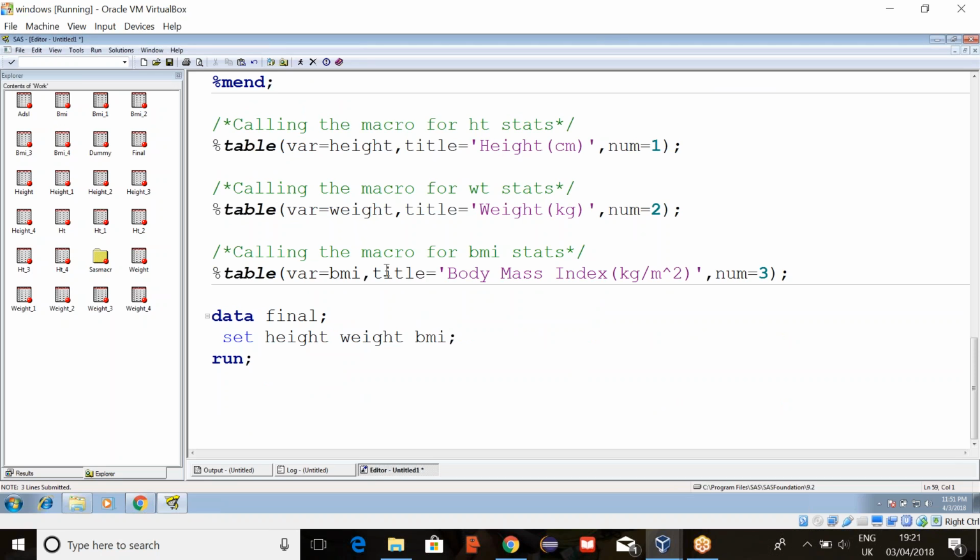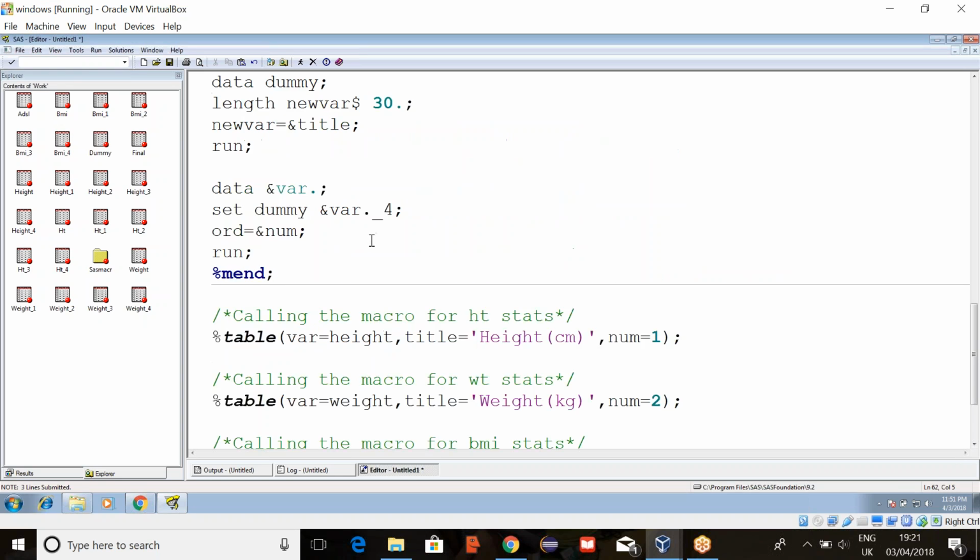Same like yesterday's, I just simply instead of the macro giving the variable names directly, wherever it changes, I have declared a macro variable. That's it. So in real time, usually this macro will already be there. So if you just call the macro, that will be enough. But in case you have to write a macro, you should know how to create a macro. So everyone clear? Any doubts in this?